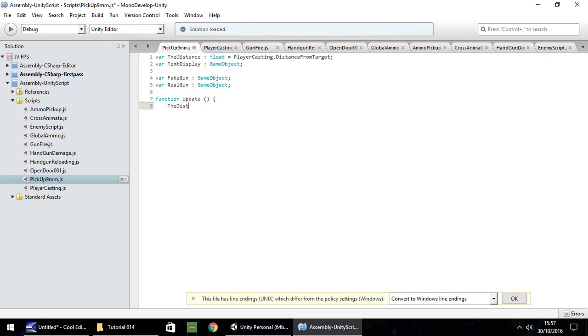The distance is equal to player casting dot distance from target, semicolon. Next thing we need to do is do an if statement. So if input dot get button down